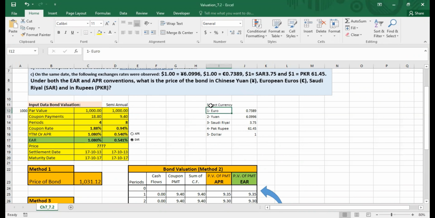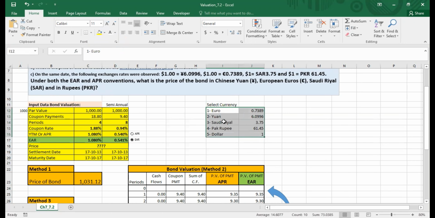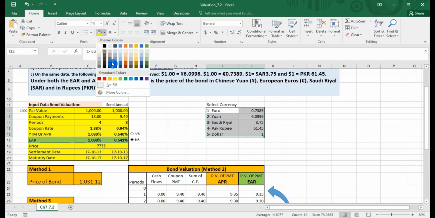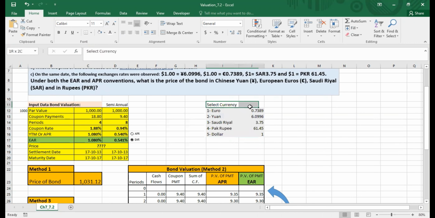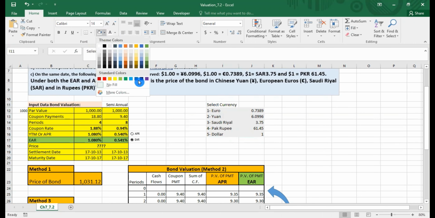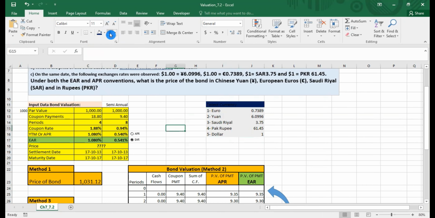This is a small link we want to create with this one. I'm just going to increase the size so that we can see clearly, and make it nice. This is now going to become much more understandable.